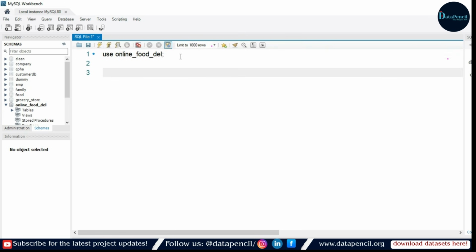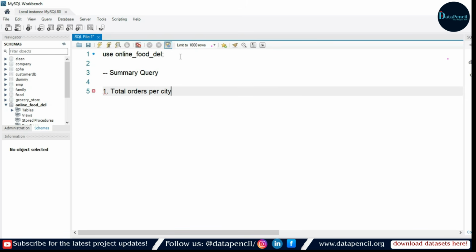Now we are going to perform summary queries. Okay, so right here, what is our first query? The first query is to get the total orders per city. Here, what we want is total orders per city. So for that, which column do we need to select? Which column do we need to select? We need to select